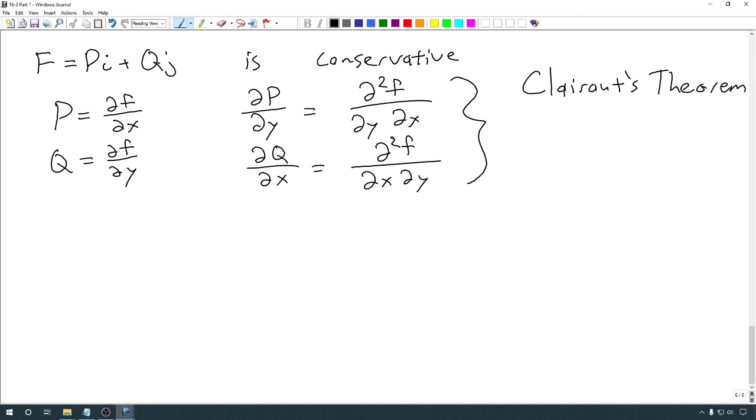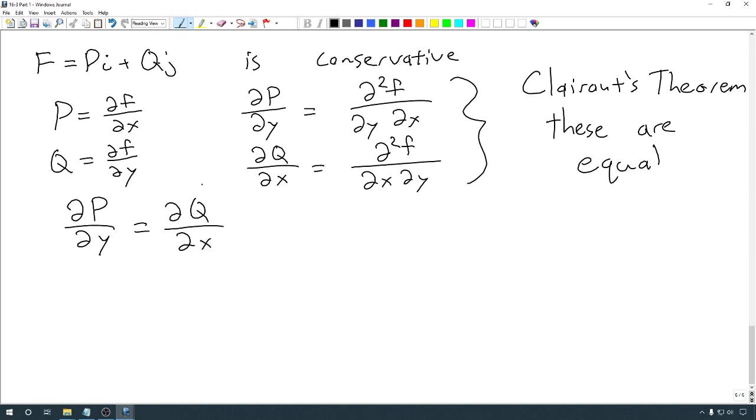Which says that as long as these partial derivatives, these second partials, are continuous, which is not a very strict condition once we already know that they exist in the first place. As long as these are continuous, then Clairaut's theorem guarantees that these two things are equal. Or in other words, the derivative of P with respect to y has to equal the derivative of Q with